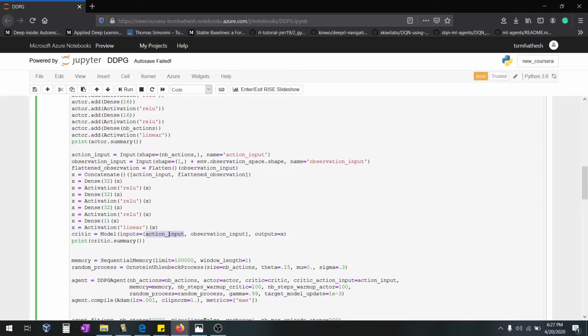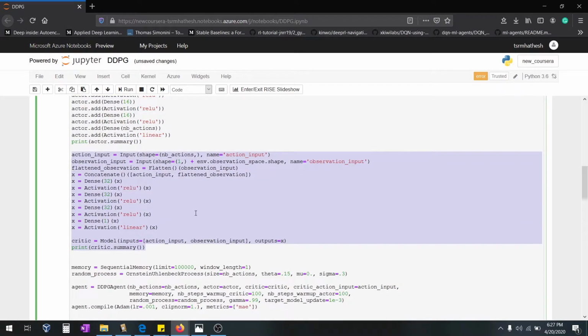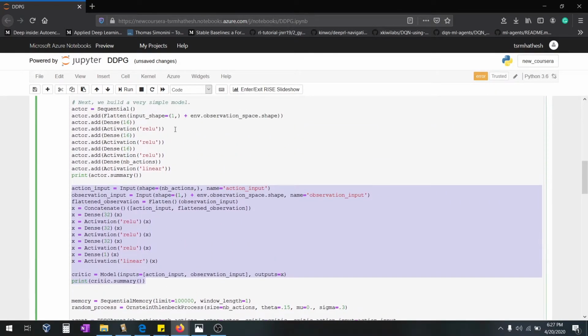The action input is the number of actions that can be taken, and the observation input is the observation value from the environment. The actor model is created and the critic is created, so we have separate models for actor and critic.